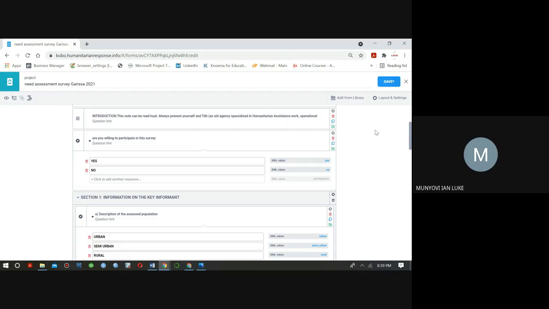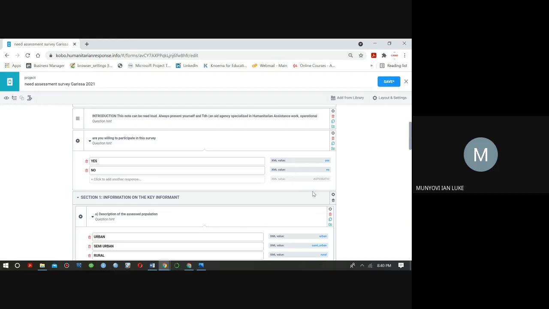The easier way to do this is to put skip logic on sections. So you will say the entire section 1 can only be displayed if somebody, in the question, are you willing to participate in this survey, selects yes. Otherwise, section 1 should not be displayed.